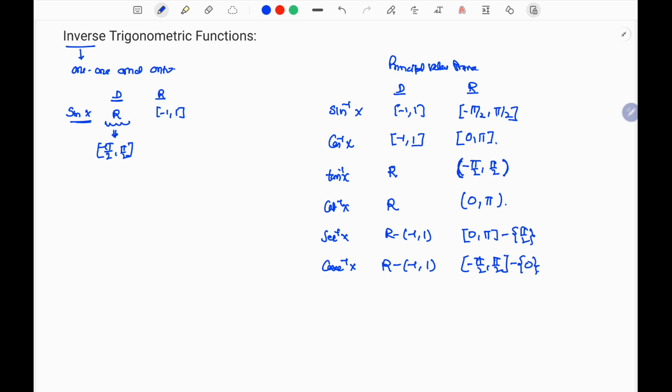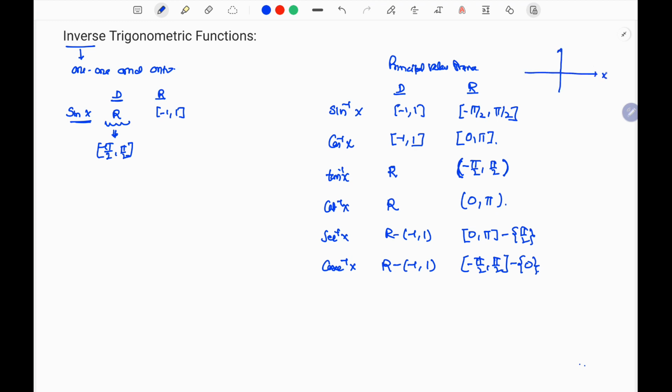So these are the domains and the ranges of the inverse trigonometrical functions. We can draw the graphs of the inverse trigonometrical functions by taking the mirror image of the trigonometrical functions about the line y equals x. So for the principal value branch, let us draw the graph of sin inverse x,